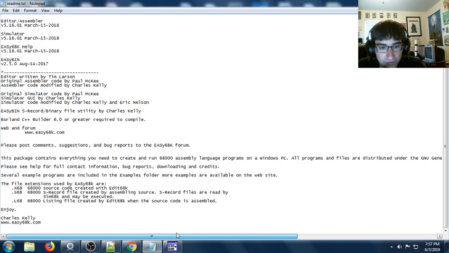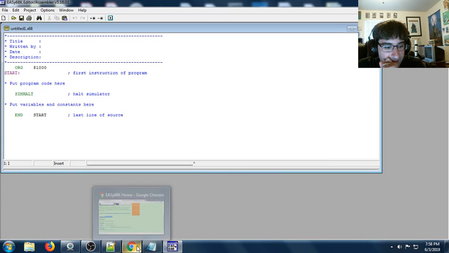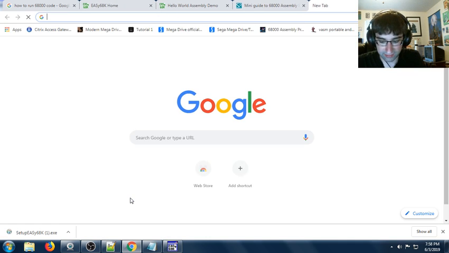The file extensions used by Easy68K are X68, which is 68000 source code. S68, the S-record file created by the assembler from the source. S-record files are read by Sim68K and may be executed. Listing file created by Edit68K when the source code is enabled. Oh, I see. Okay, I get it. So if I go like this,